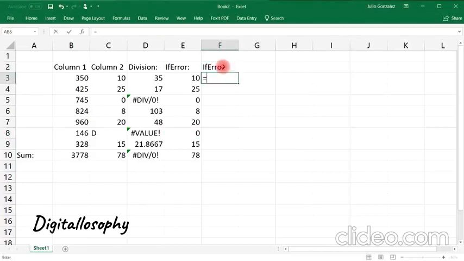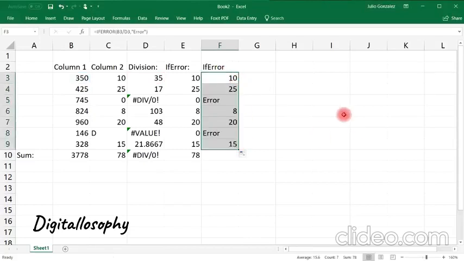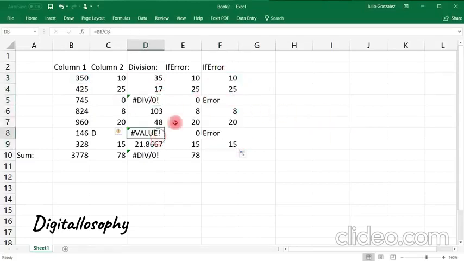So we're going to do the same thing. We're going to type in equal, and then IFERROR. Same calculation. Let's divide cell B3 by D3. But let's say if we want to put the word error, you need to type it in within quotation marks. So if we get an error, Excel is going to say error. And now let's extend it. And as you can see, anywhere there's an error, it will give us the word